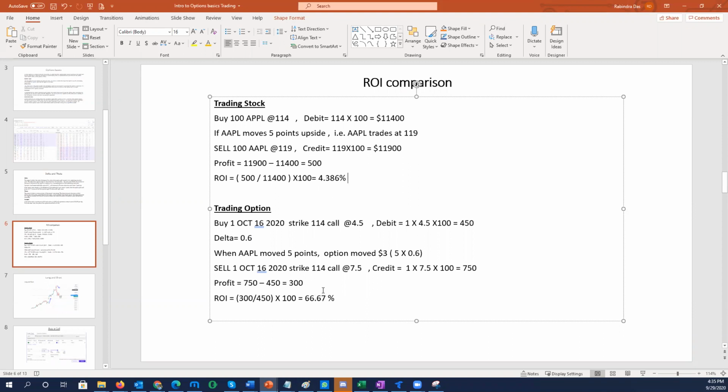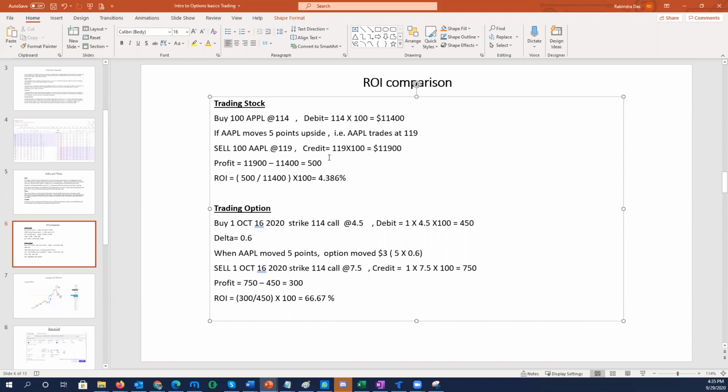Basically, you either understand ROI or you understand the dollar value. Here I haven't exactly replaced the dollar value, I just replaced it with the ROI. That's the reason a lot of people use these options, because they can use a little money to make more money. But you have to know what to trade and when to trade. All these things are there. We'll see that, but this is basically your comparison.